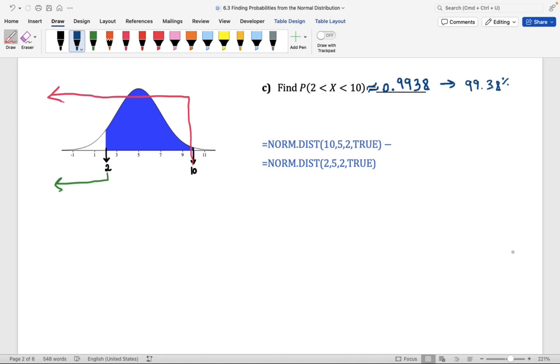Now you know how to find probabilities of x being below a given x value, the probability of x being above a given x value, and the probability of x being between 2 given x values. These are going to be the only 3 scenarios that we consider when calculating probabilities.